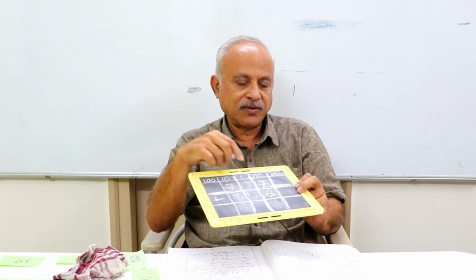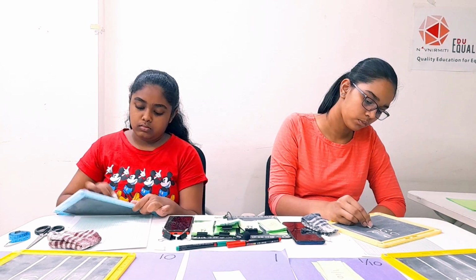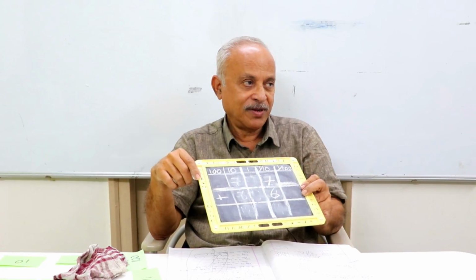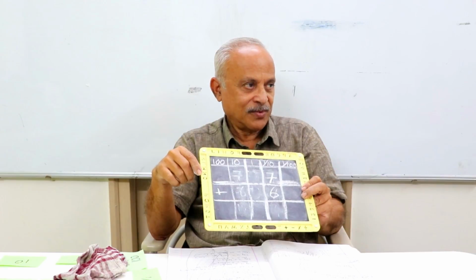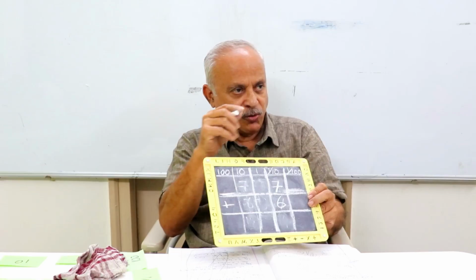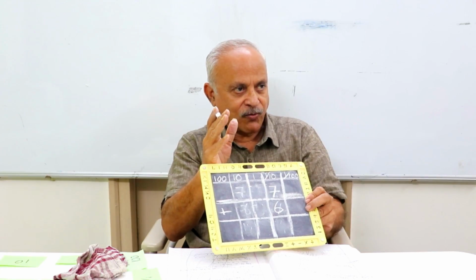So 0.7 plus 0.6, and what is the answer that you get? 1.3. Okay? So actually you get 13 in the house of 1 by 10s, but when you're not writing